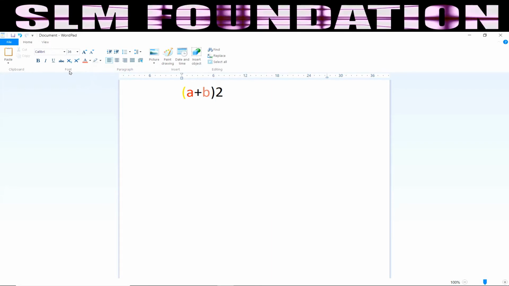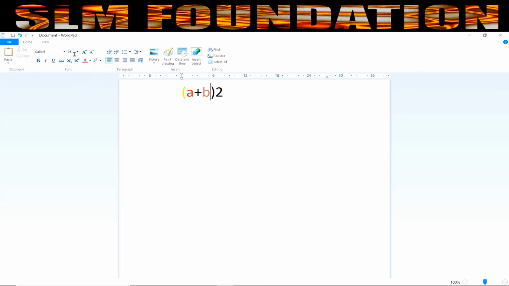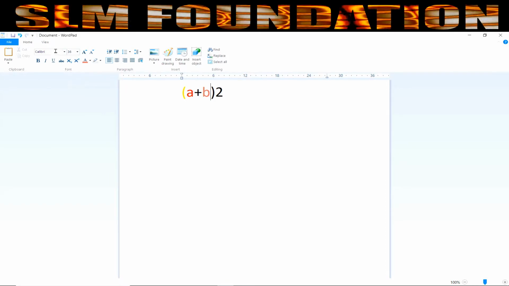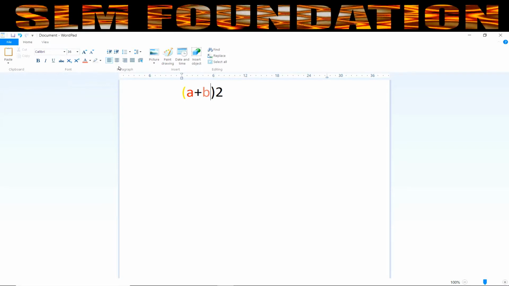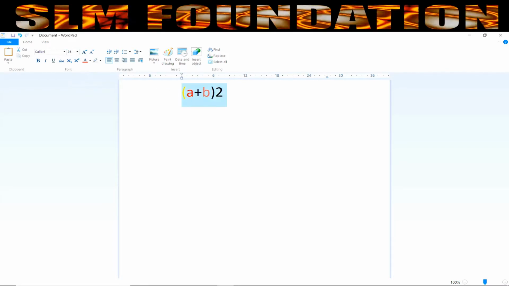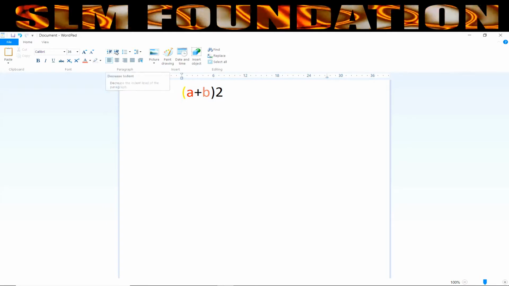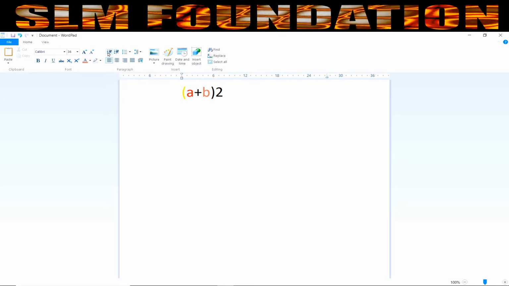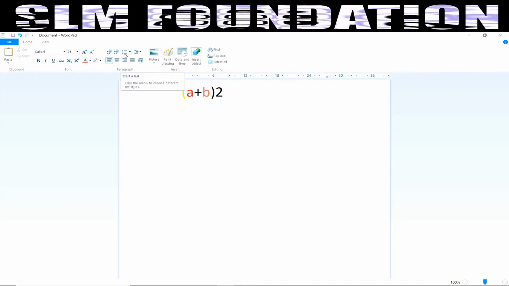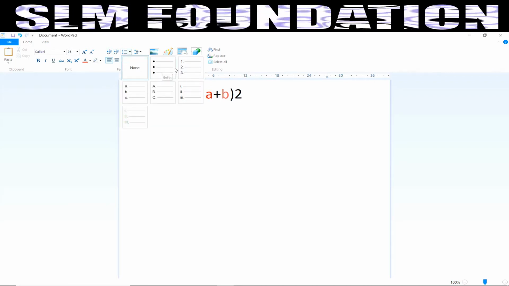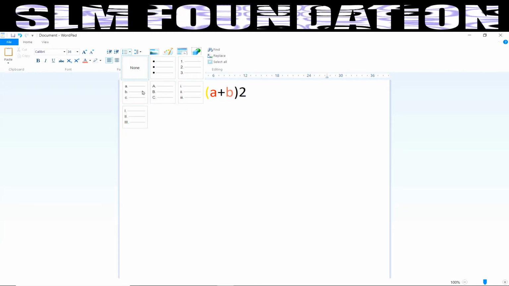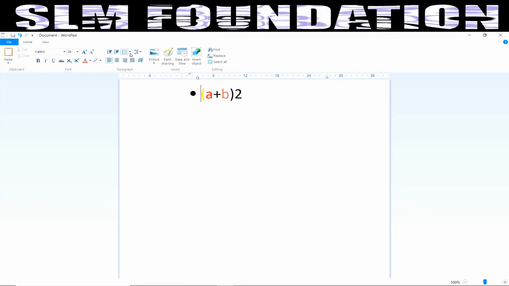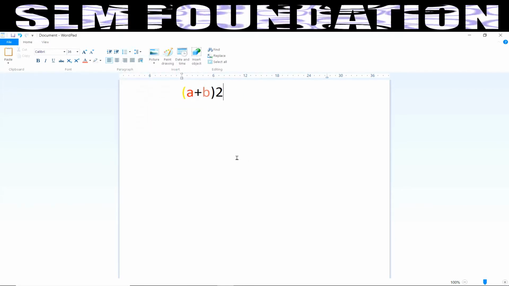You can change anything, for example any style of the text or size or bold, italic, underline, anything in the font. You can go to font group. Paragraph, if you want to bring an indent, then you can decrease indent or increase indent, it will move or decrease it. Now if you want to put any bullets, you can select any one of them which you would like to put, and you can click on it, it will come. Again if you want to remove, then click on none.